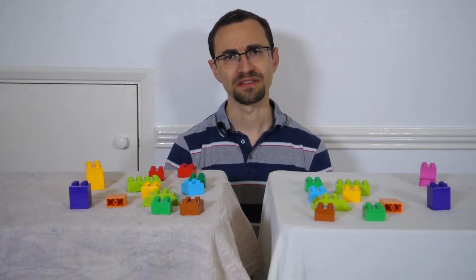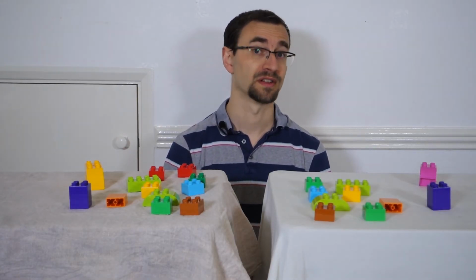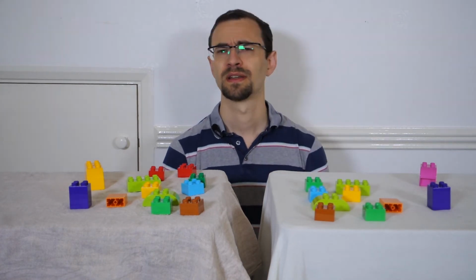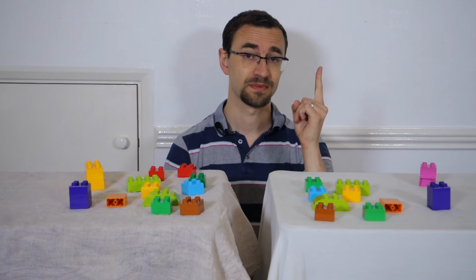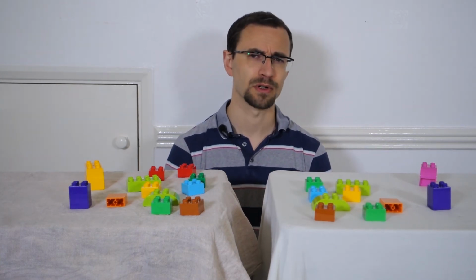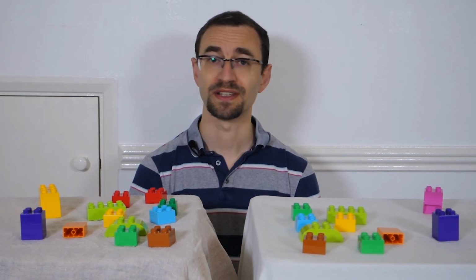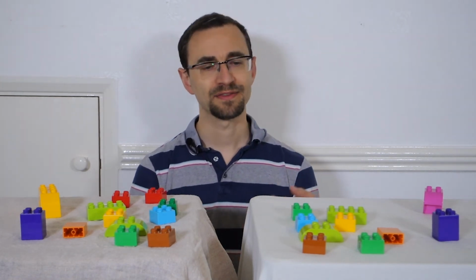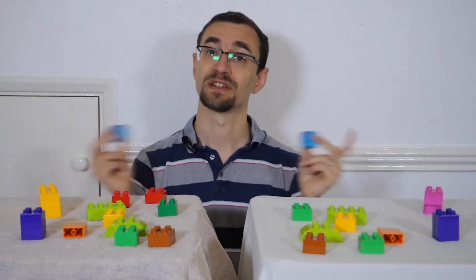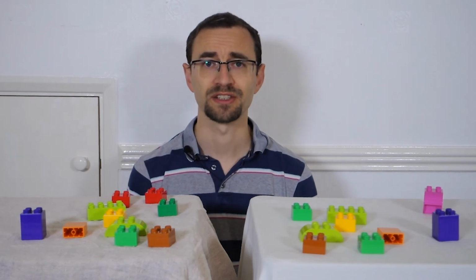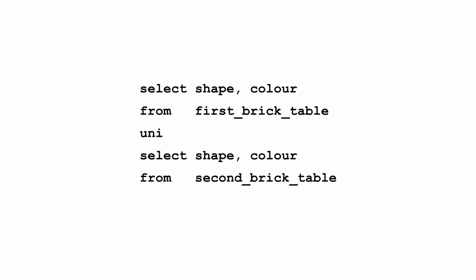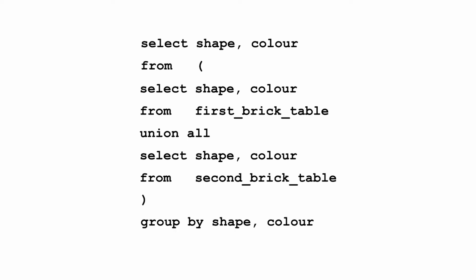While this is the classic way to compare tables, you have to read all the rows from both tables twice. Something you want to avoid, particularly if your tables are massive. It's better if you can read the rows from each table just once. To see if we can do this, let's revisit the requirements. We want to see if we have the same bricks in both tables. So, after we combine them, we should have 2 copies of each row in the table. If there's any that appear just once, then we have a mismatch. We can do this by combining the tables with union all, then checking we have 2 copies of each brick, a classic group by operation.